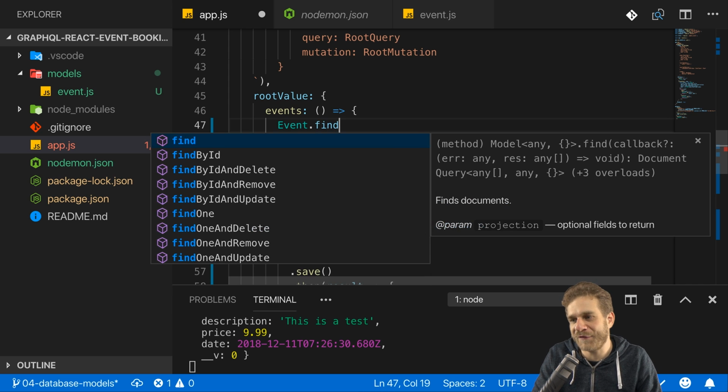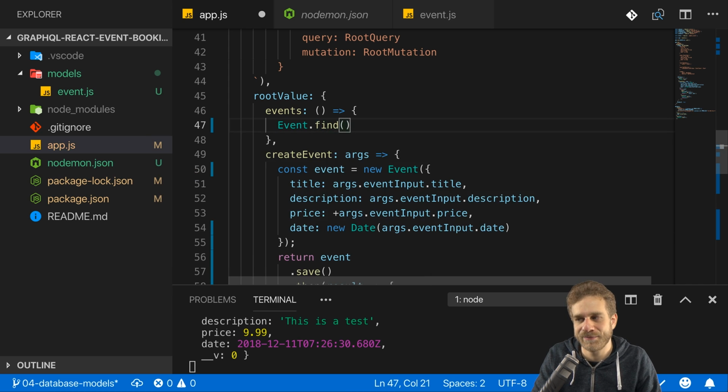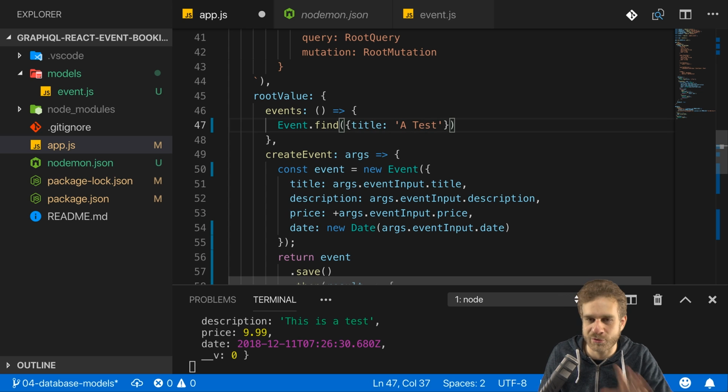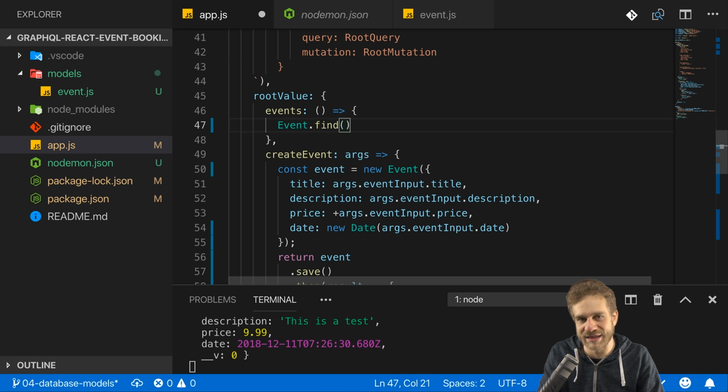And one method we can call here is find. Find allows us to, well, as the name suggests, find documents in that collection, so find event documents. We could pass a filter, so an object where we say find objects where the title is a test, for example. You can learn more about filtering in my MongoDB course. We'll probably also do it throughout the series. But if we don't pass anything here, it will give us all the entries in that collection,